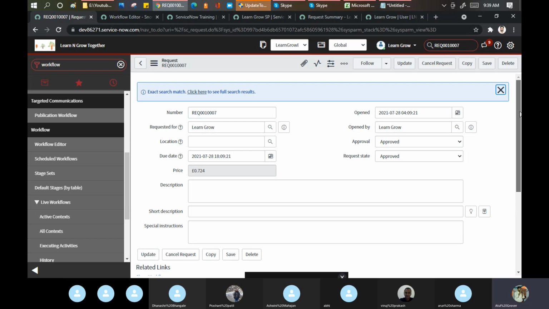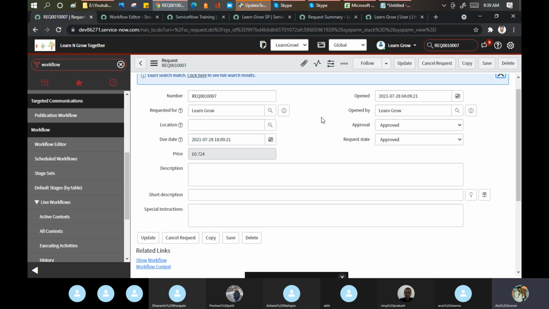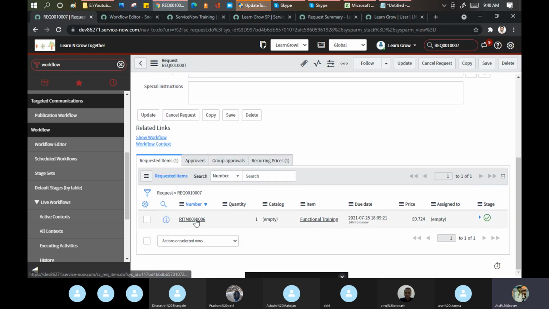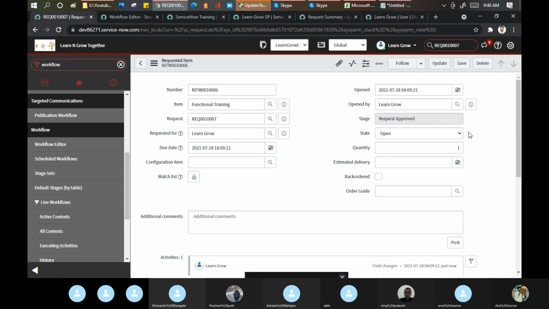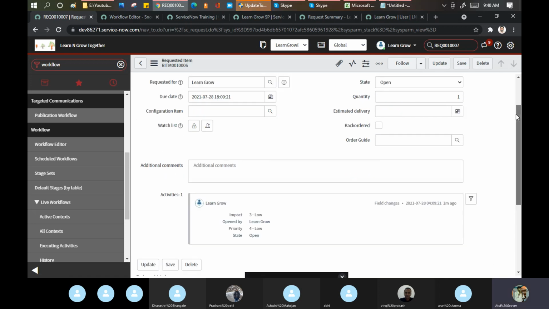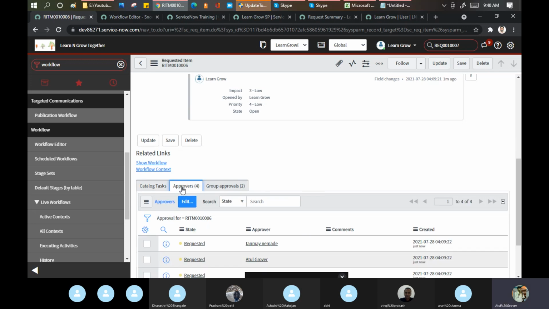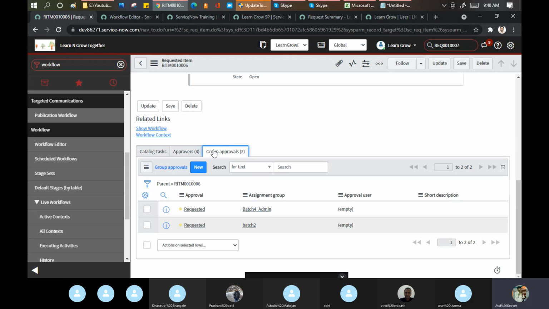Okay. This is the request number which we opened. Open the RITM and scroll down. See approval. These two groups. Clear till this point.